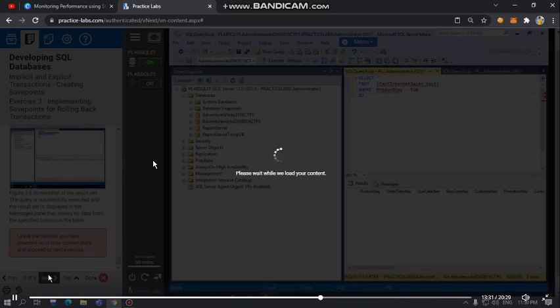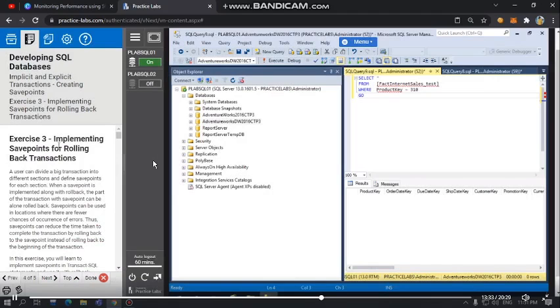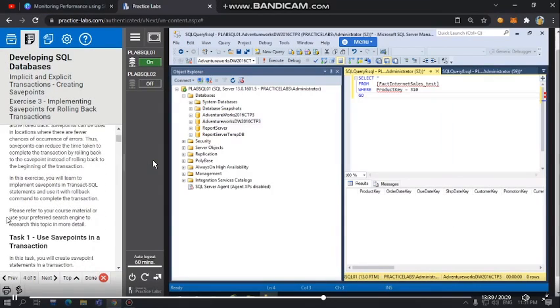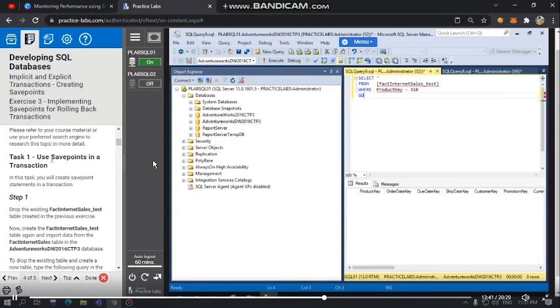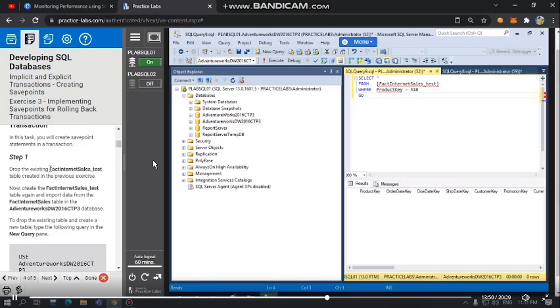Next. Exercise 3. Implementing save points for rolling back transactions. Task 1. Use save points in a transaction. In this task, you will create save point statements in a transaction. Step 1. Drop the existing Fact Internet Sales Test table created in the previous task. Now create the Fact Internet Sales Test table again and import data from the Fact Internet Sales table in the AdventureWorks